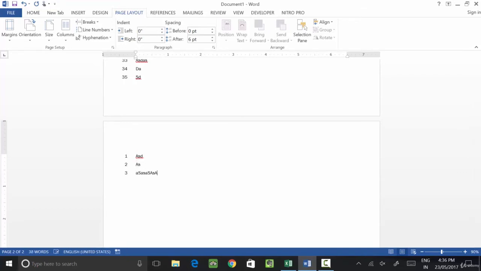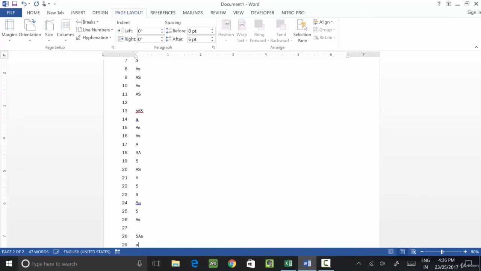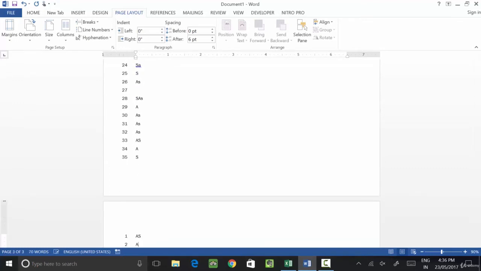Is it clear? Okay, so whenever you finish the second page, from the third page it will again start from 1. Okay, clear? Clear or not? Now restart each section. Restart each section means